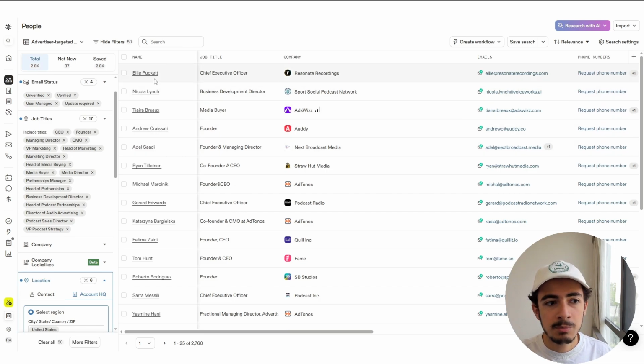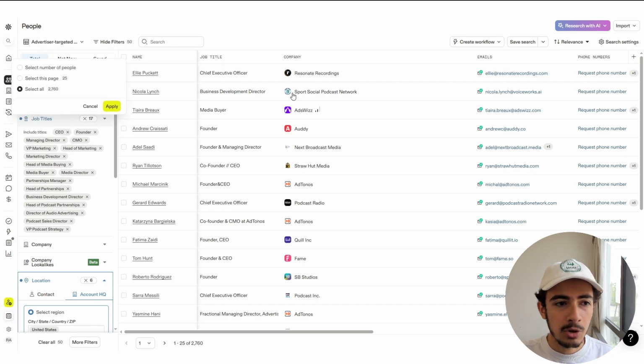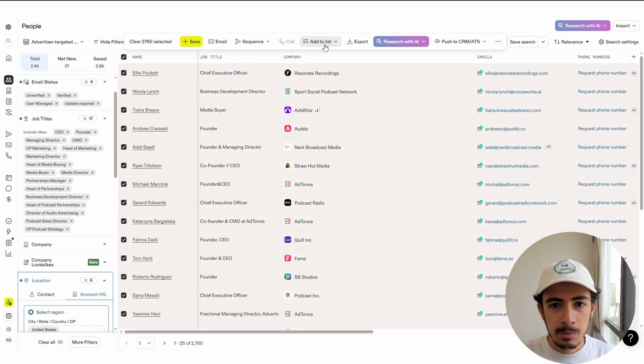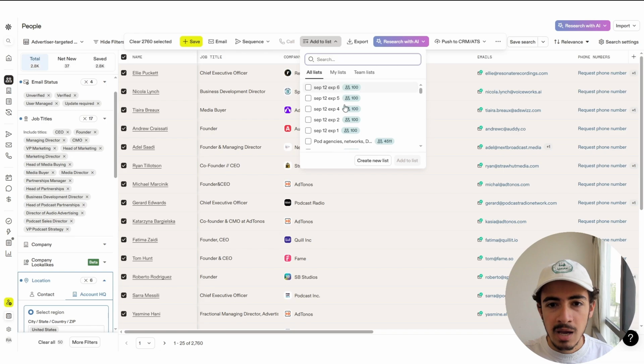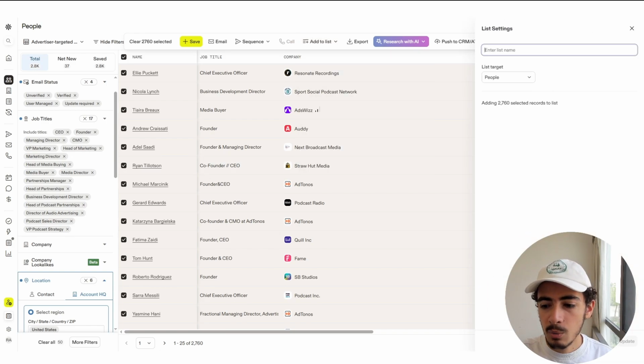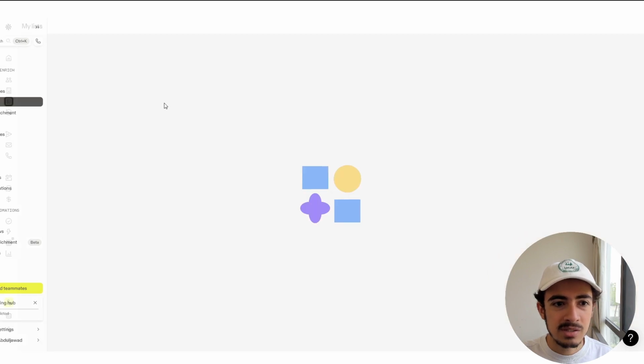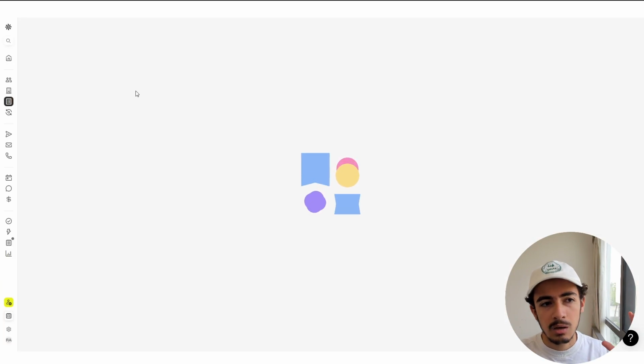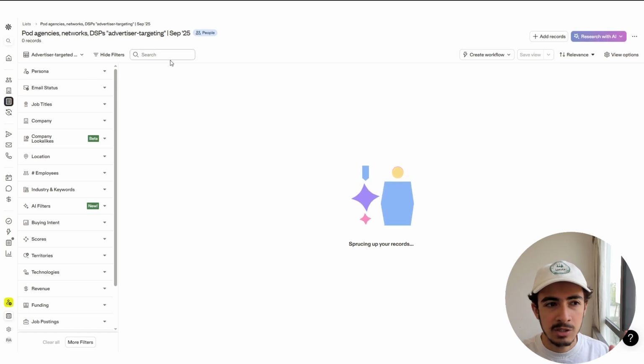Once you have this list of people, now I can actually export this. So I actually already built it, but if I want to show you what I would do, I would select all, I would do apply, and then I would go ahead and, taking time to load. But basically I would click add to list, and then I can create a new list and call it whatever I want and then update it. And then it's just going to add it to that list. I already have this list saved, so I'm just going to go to it right now. It is this list here with around 2,800 people or whatever.